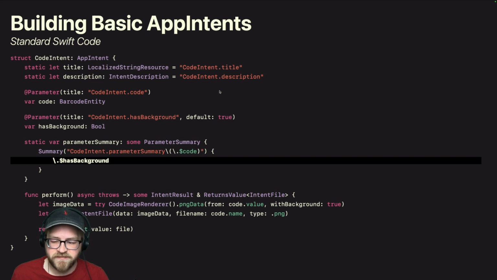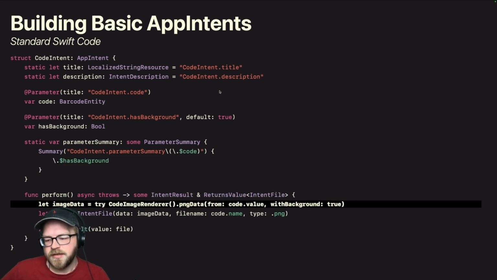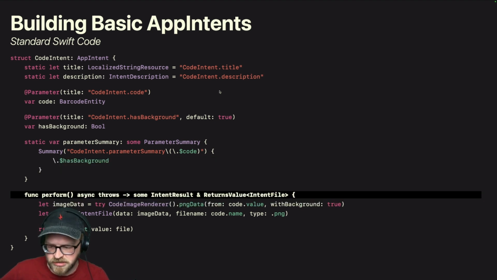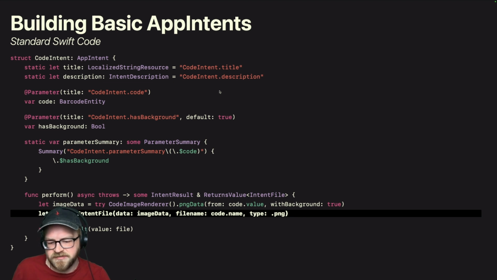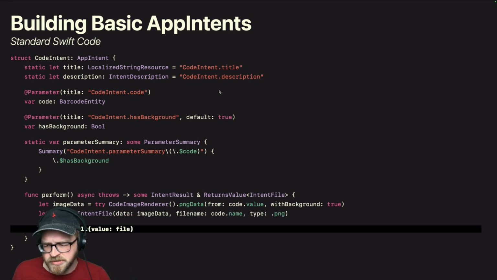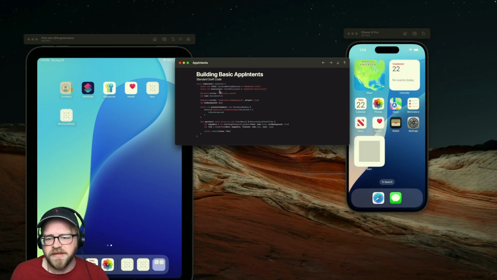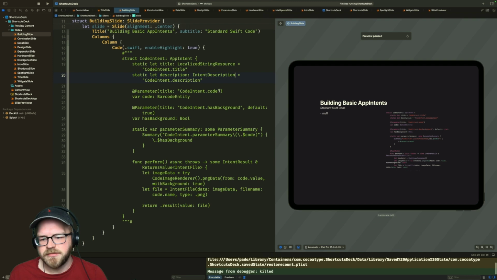And here's all of the stuff that is buried away. And then it needs to perform an action and return a result. Here's just the image data. This is what's doing all of our actual work. And then we're returning some kind of intent file. It has data, a file name, PNG, or file name and a type. And we just return that result. Okay, I think that's doing a good job of explaining what we need here.